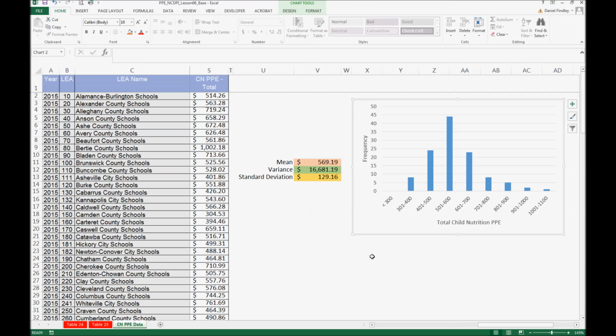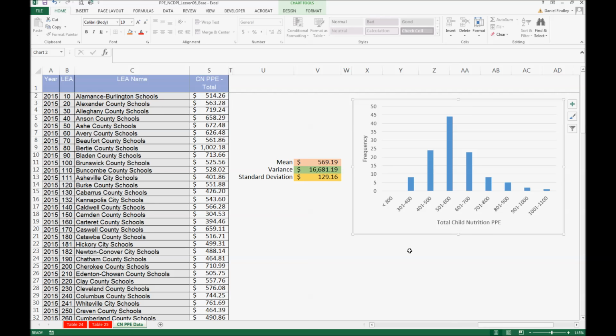We'll start with a histogram that is drawn for this data, showing bins with a range of $100 with a low end value of less than $300 up to $1,100. And we'll see that the mean is $569.19, and the bin from 501 to 600 is the largest bin, and then it falls off in both directions away from that mean. The associated standard deviation is